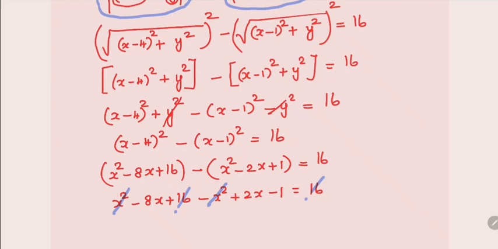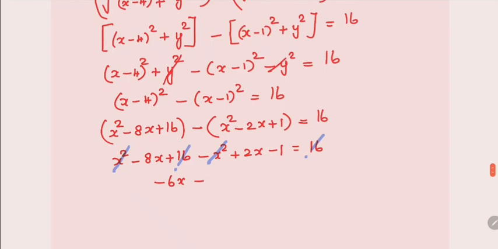So what is remaining? Minus 8x plus 2x, that is minus 6x, and the constant, what is the constant here? Minus 1, is equal to 0. So if you divide by minus, it is 6x plus 1 is equal to 0. This is the locus of, what is that? This is the Cartesian equation of the locus of z for the given equation.